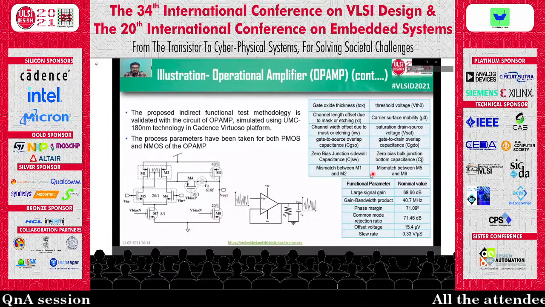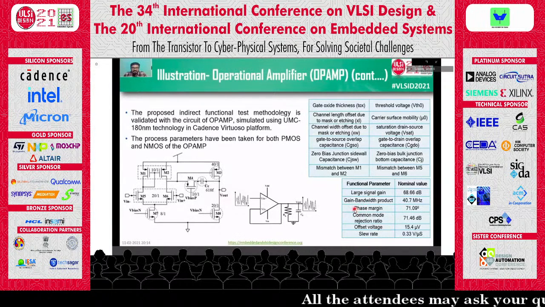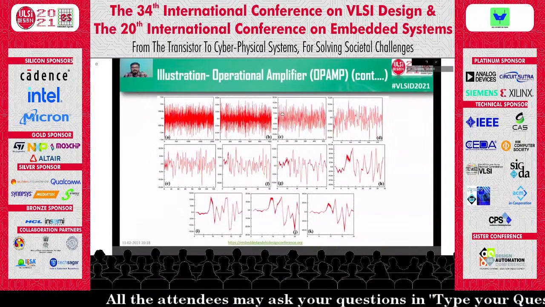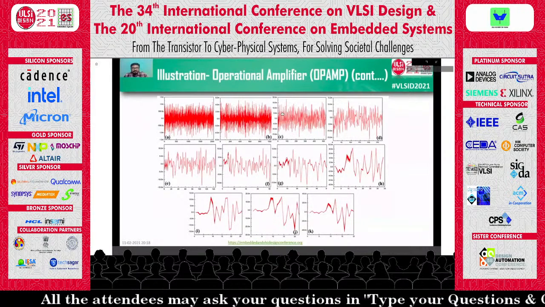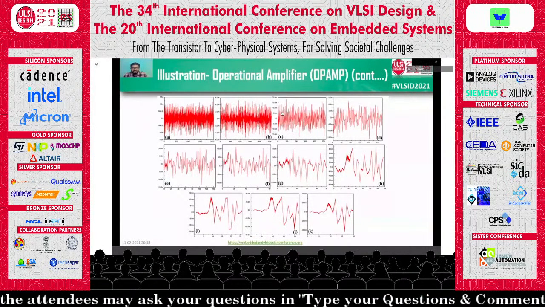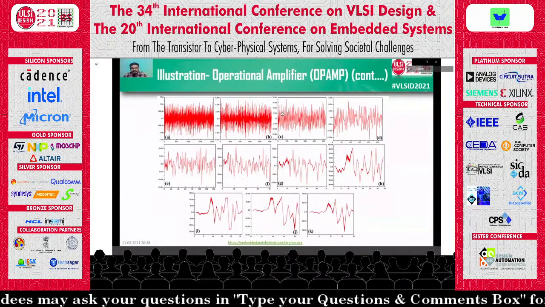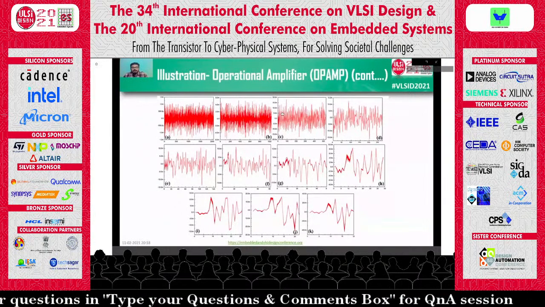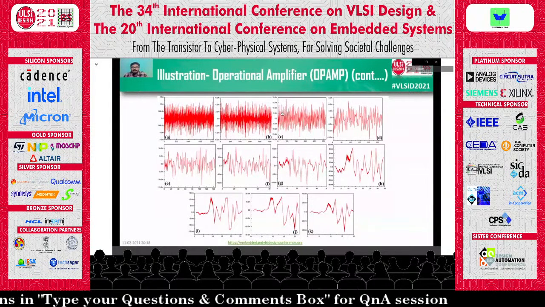The functional parameters selected for validation of this algorithm are given in this table along with their nominal values. In this slide, the decomposition coefficient relating to the output response is shown. The random output data is sampled within 0 to 4.09 microseconds with a 2 nanosecond interval. Since the output signal is sampled at 500 MHz, the component with the highest frequency that dwells in this